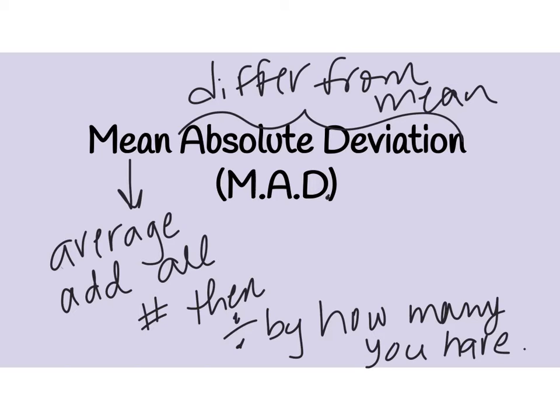So this is kind of the same thing. If your mean absolute deviation is really large, that means the numbers are kind of far away from the mean. They're not all clustered around the mean, so they have a great deal of variability. They're spread out. And that could mean I just have like 1 or 2 outliers. It could mean I have them all.